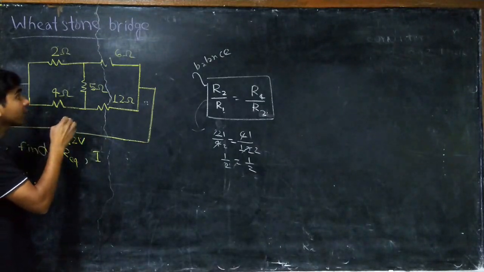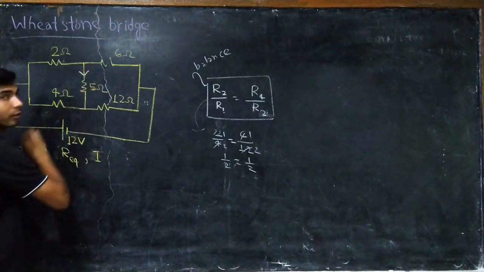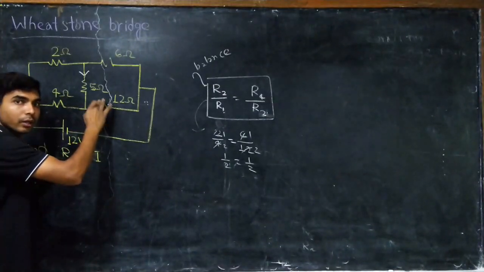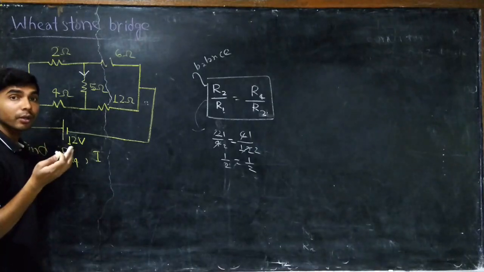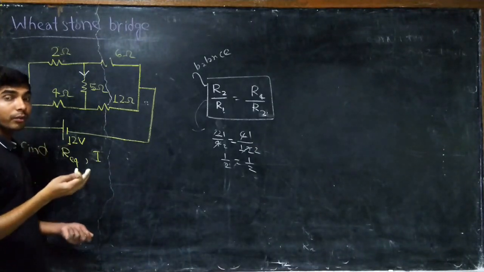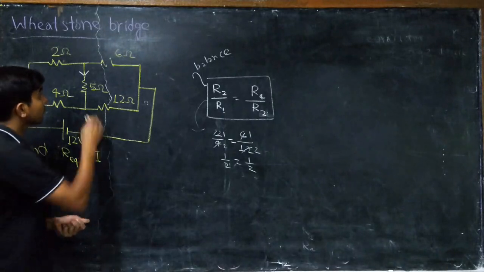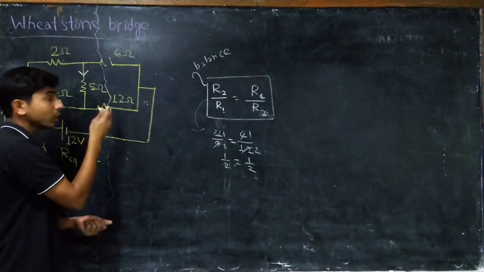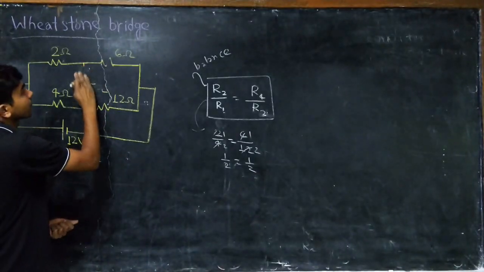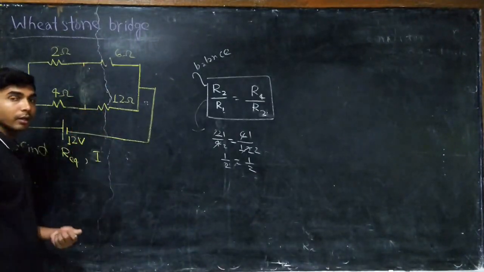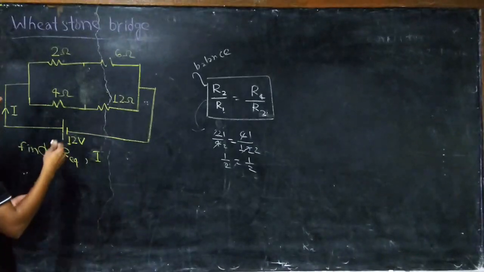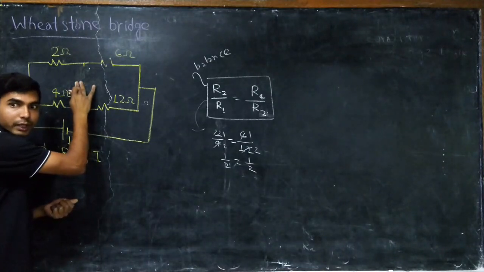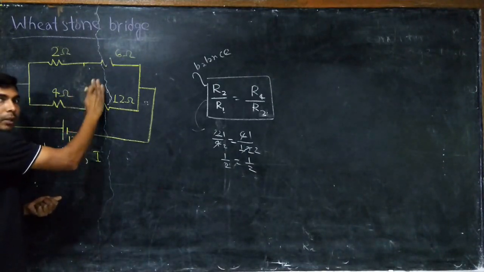Yes. In the balanced condition, there will be no current in this one. There is no current, that means there will be no resistance. Resistance is the property of a resistor to oppose the current, right? But if current is not passing through this one, it will not resist. So we can eliminate this resistor, because no current is passing through it. So there will be no resistance due to this resistor, right? So we will eliminate this one.